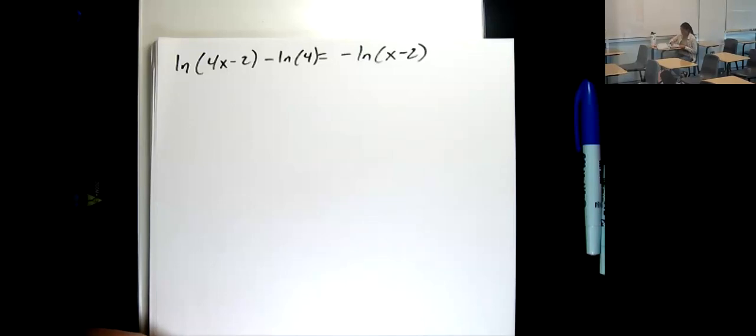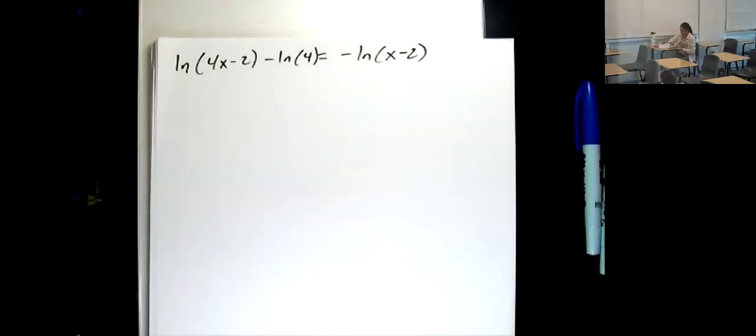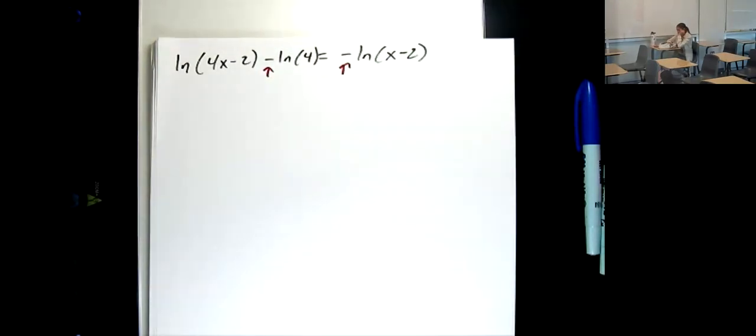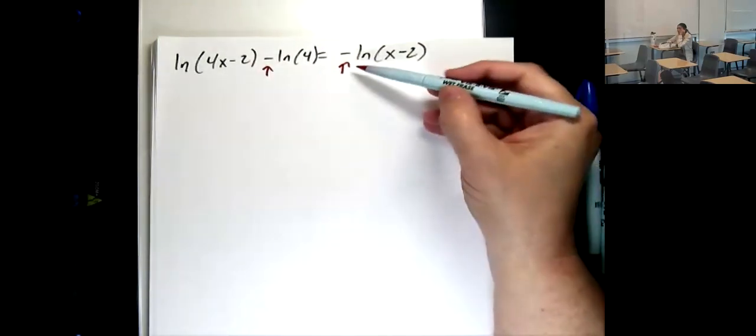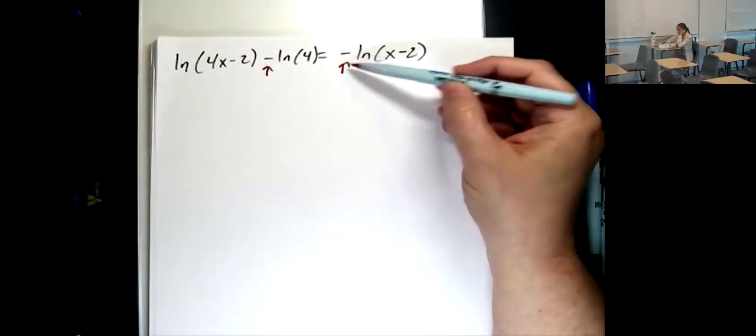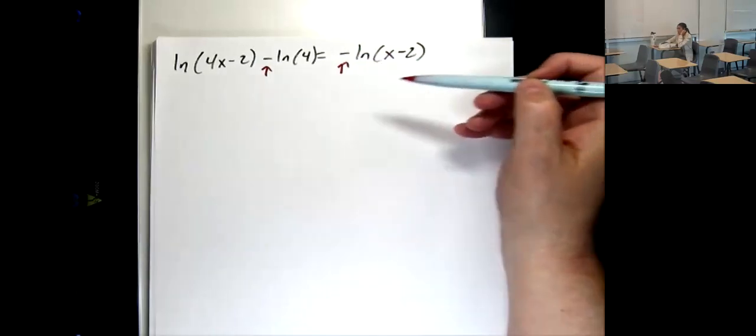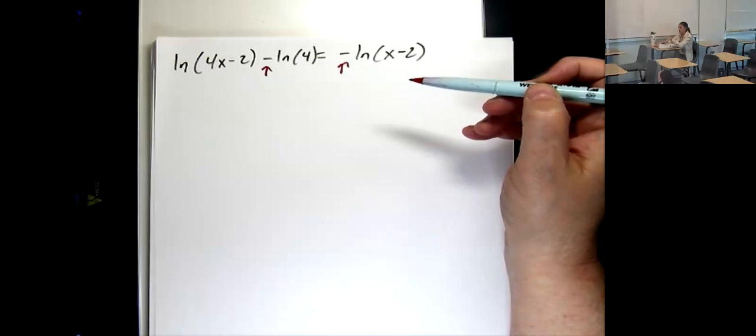I think the first step's not too bad. I don't like the minus signs, to be honest. I really don't like that and that, because it means division, and if I divide, I'm going to have a fraction in here. I can't even do anything with this as it is. So what I think is the best option you have